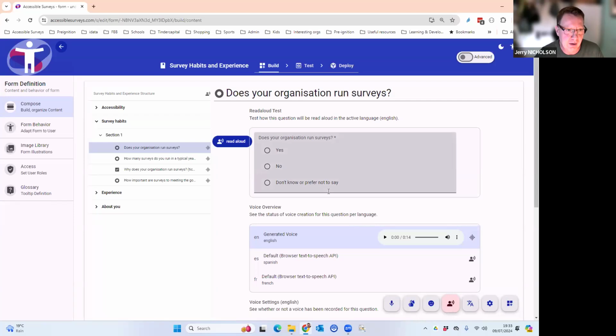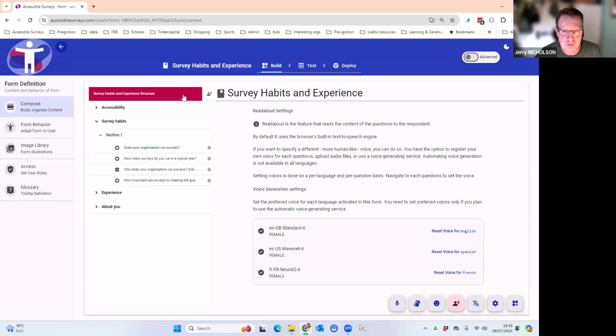Now we have the ability to select a whole variety of different AI supported voices. The choice slightly depends on the language which you're offering. There are more choices of voices for English than there are for Irish, for instance, but there is a wide range of AI supported voices available.